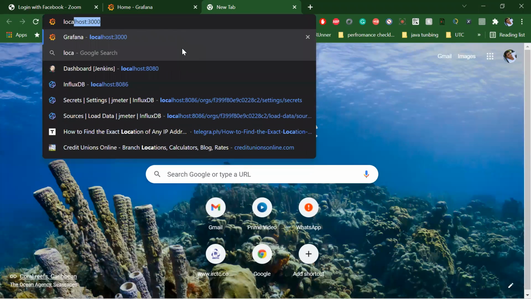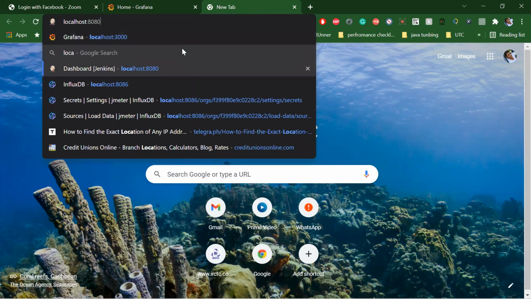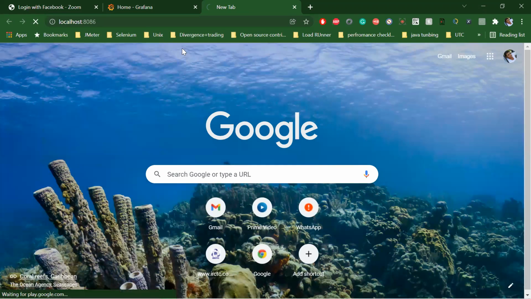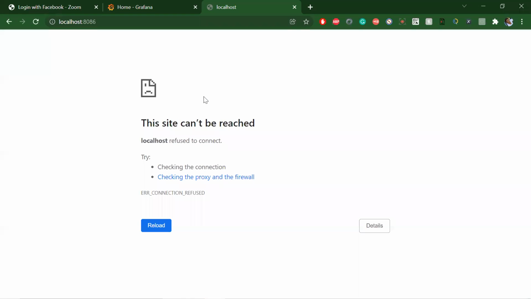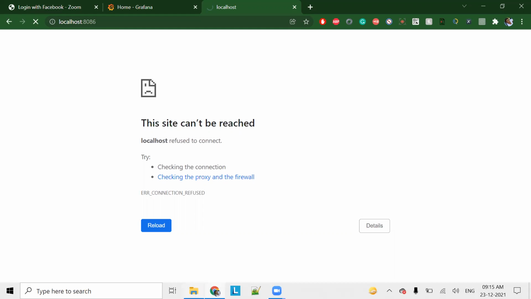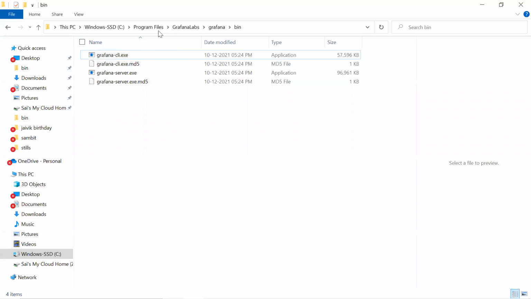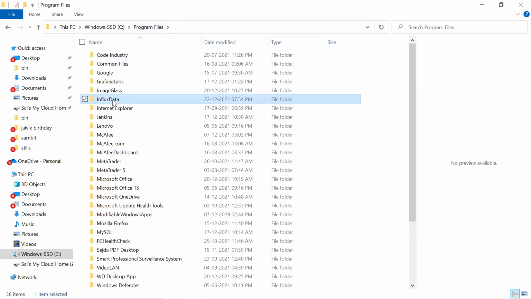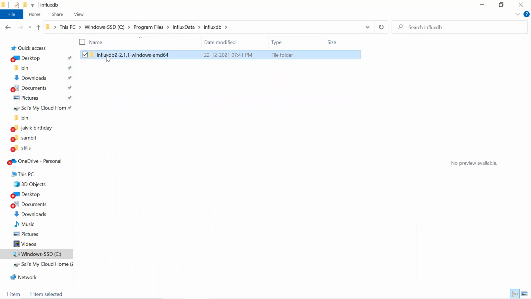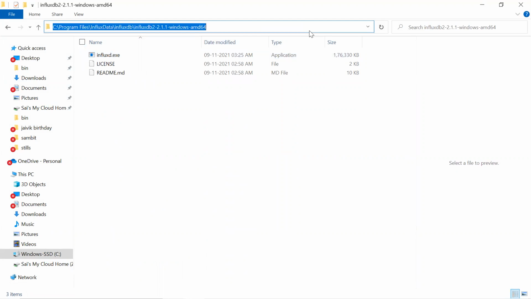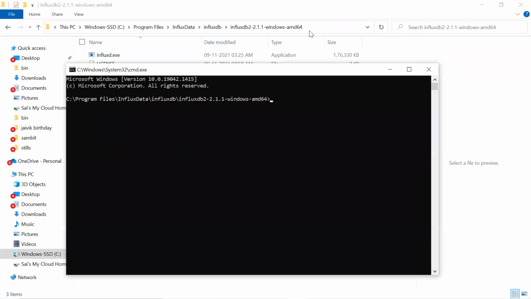Is that the default, or have you given the host name 8086? The default port number is 8086 for Influx. Okay, let me start the Influx one. CMD, influx.